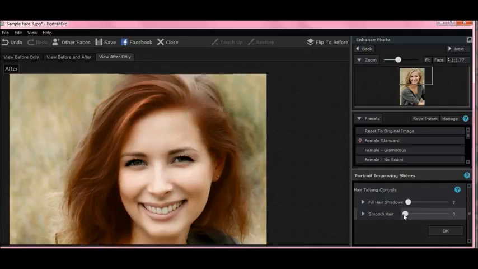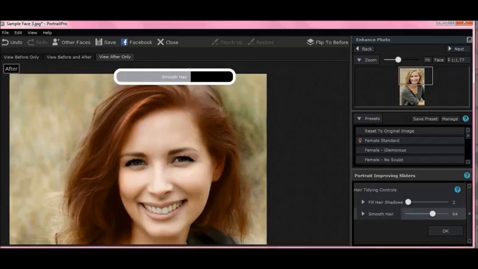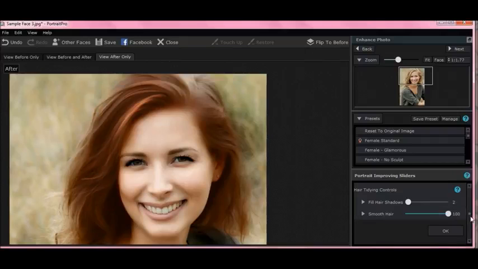Now, smooth hair I use pretty often because it kind of smooths the hair out and makes it look less flyaway. If you put it too far, it can tend to look a bit cartoonish. See? It's almost too smooth and unnatural. And that's 100%. If you put it here,